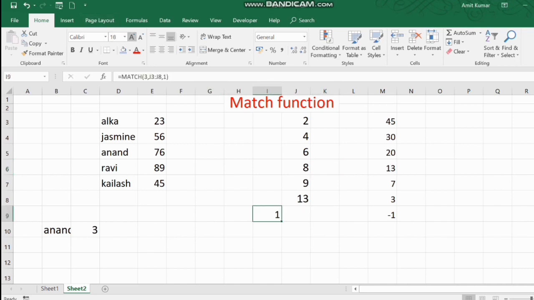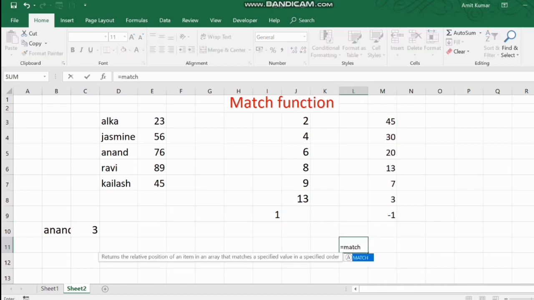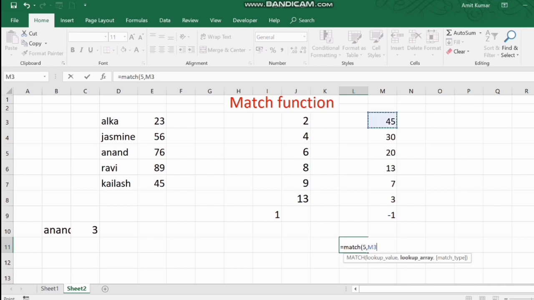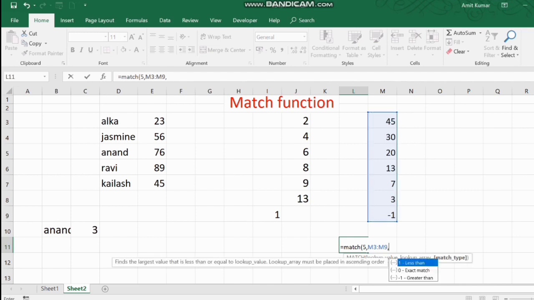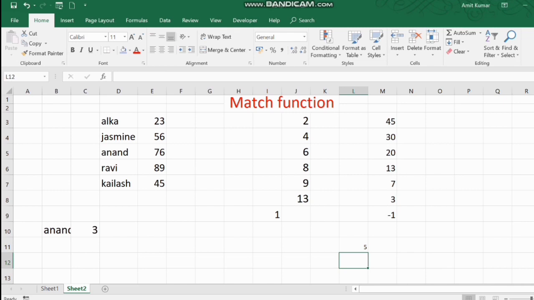Now moving to the third one, that is match type -1. Alright, you can see that these numbers in the array are arranged in descending form. Equal to MATCH, bracket open, lookup value. Now let's suppose we want to find the value 5, comma, we select this array, comma, -1, bracket close, enter. 5. Okay, let us understand why we got the value 5.